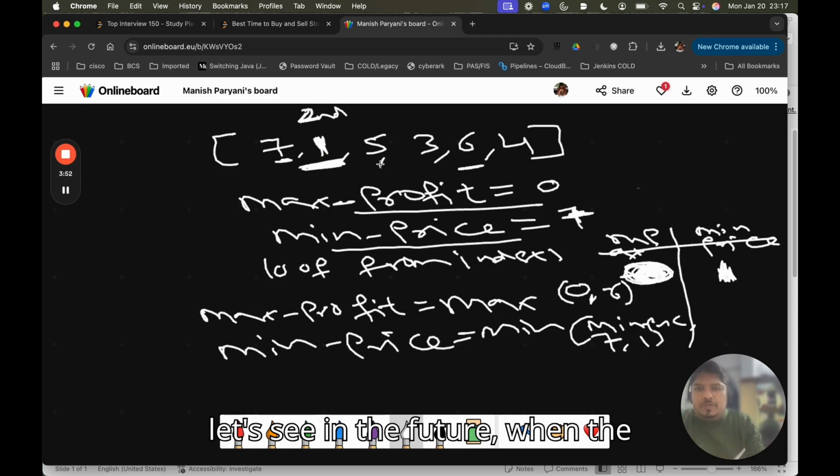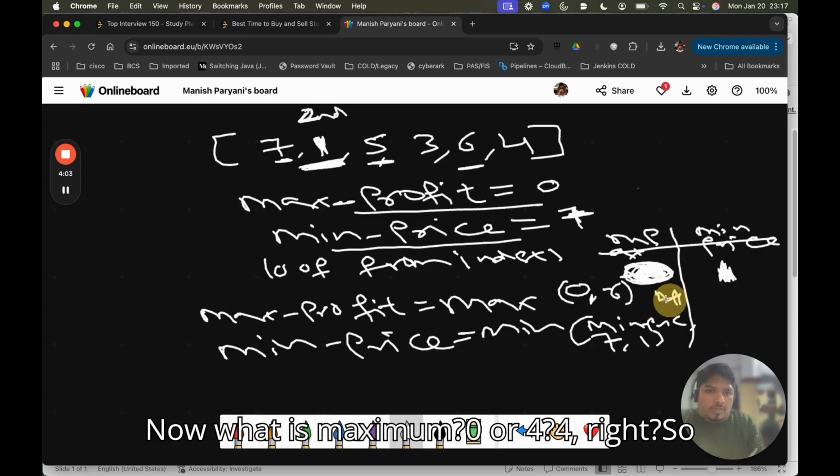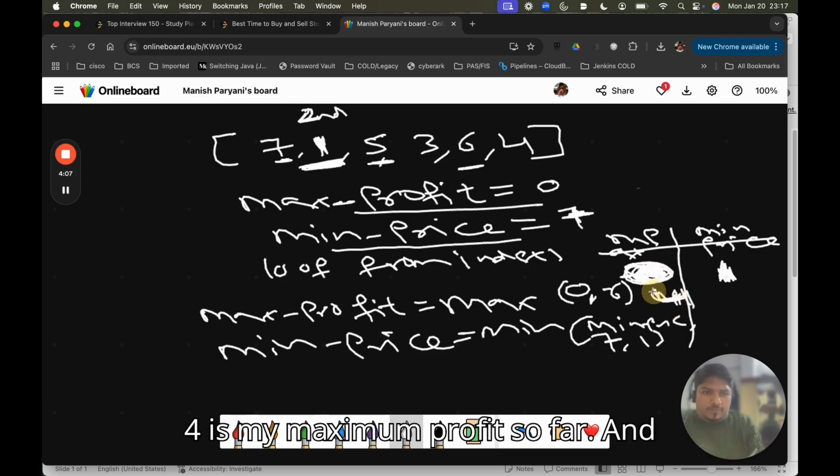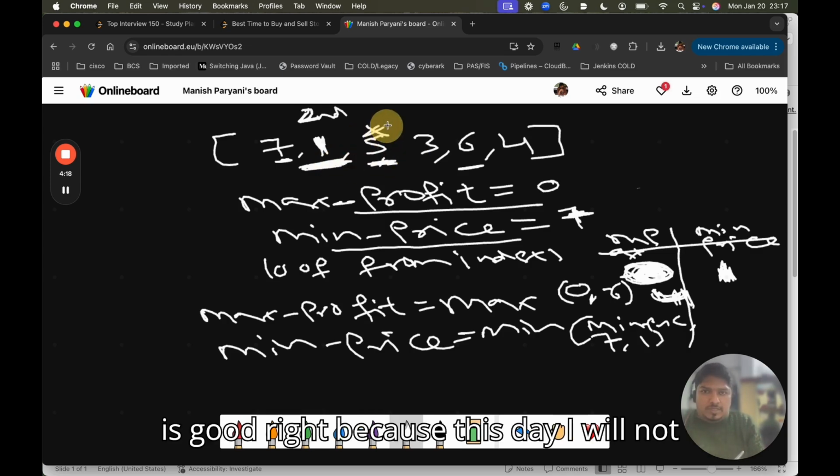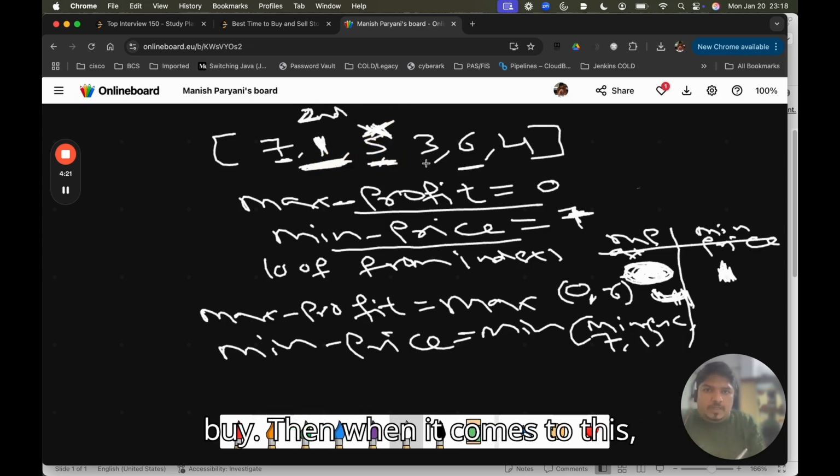Now let's see in the future, when the iteration comes here. If I sell on this day, I'll make a profit of 4. Now what is the maximum, 0 or 4? 4, right? So 4 is my maximum profit so far. And what is the minimum price, this 1 or this 5? 1. So this is good, because on this day I will not buy. Then when it comes to this day, I'll make a profit of 2